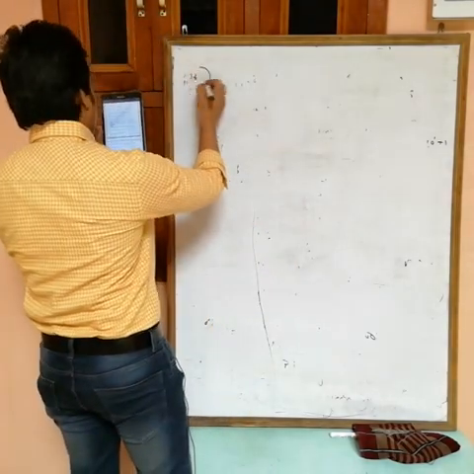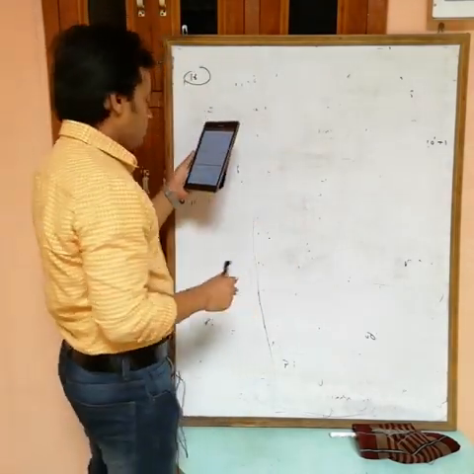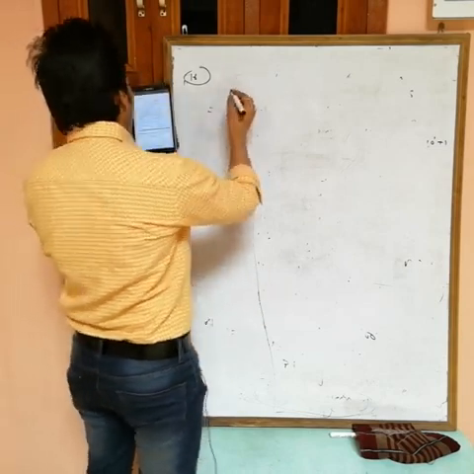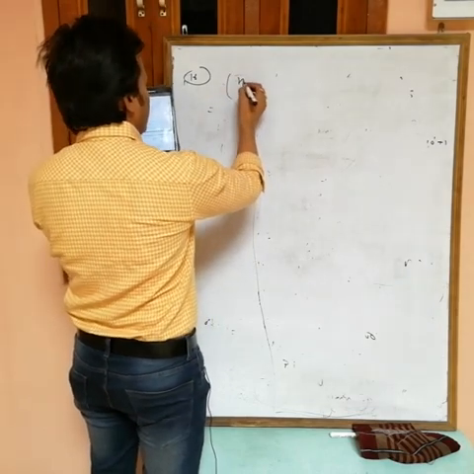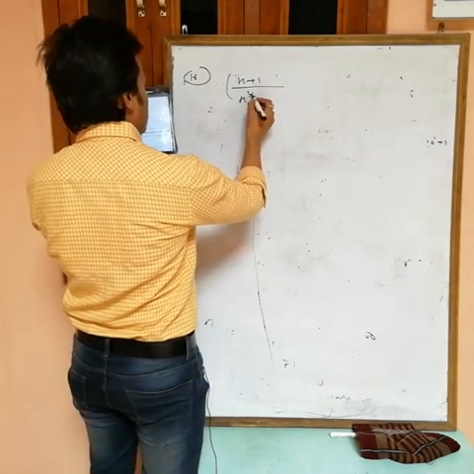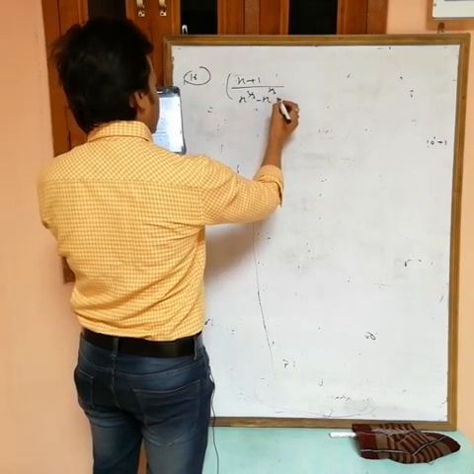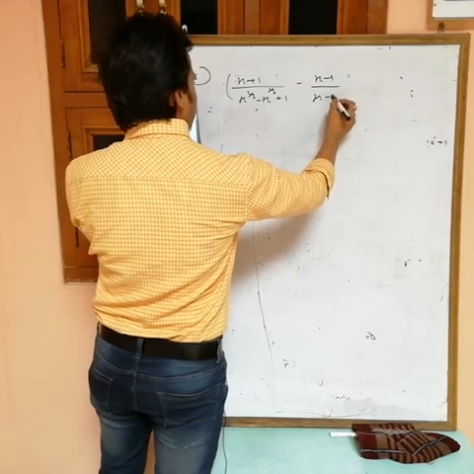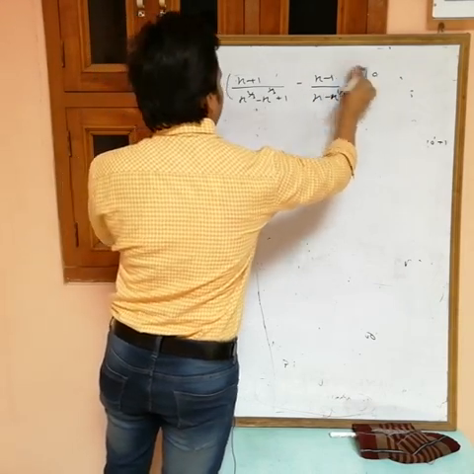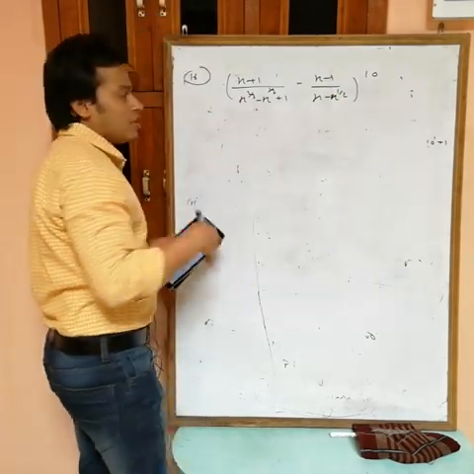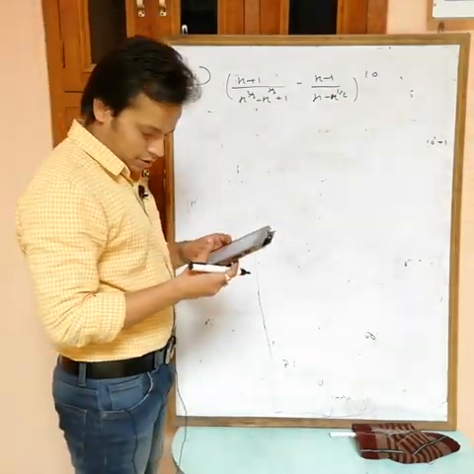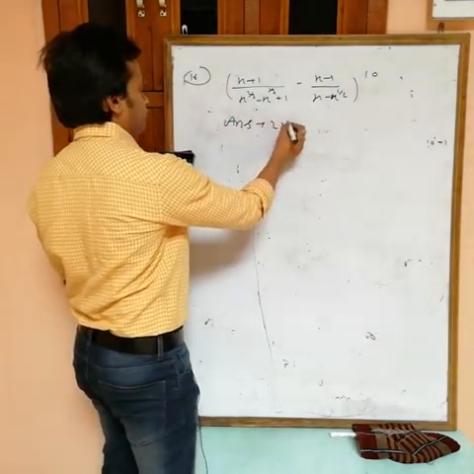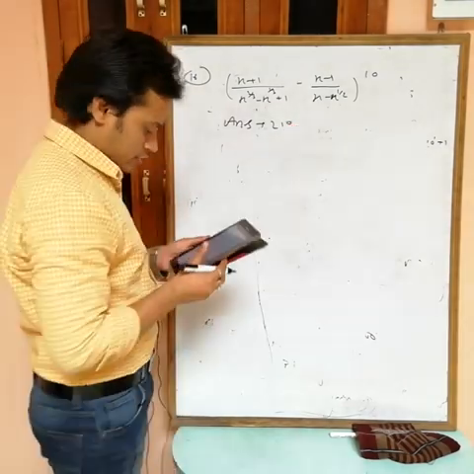Now next is 16. 16th answer is the fourth one. Here what you want is the coefficient of the term independent of x in x plus 1 by x power 2 by 3 minus x power 1 by 3 plus 1 minus x minus 1 and x minus x power 1 by 2, whole power 10. One coefficient of term independent of x. Actually this is a direct question from lecture notes, and the answer is 210. Okay, directly from lecture notes.